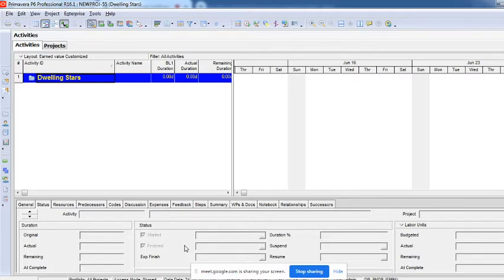Project is some dwelling stars. I don't know what, something came to mind, I just typed something, but what is that? What construction is it? What building is it? Is it a road project? Is it a construction of a residential building, a commercial building? What is it? Is it a mall? So we don't know.